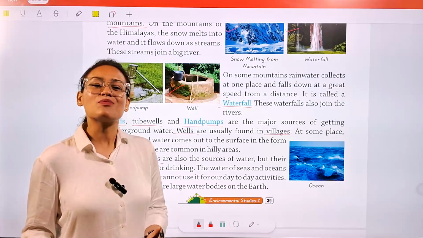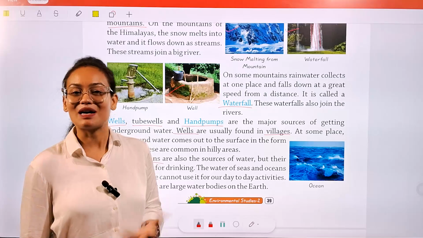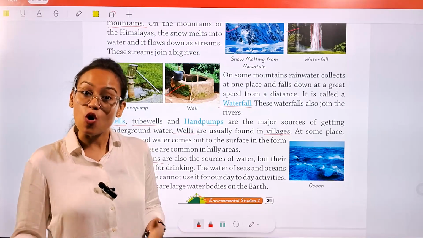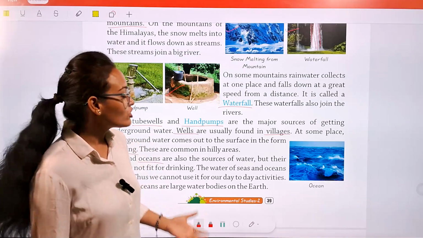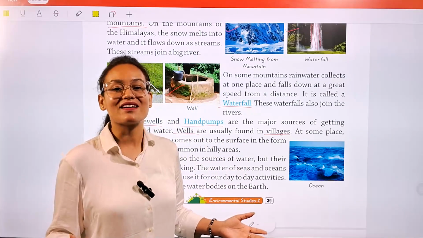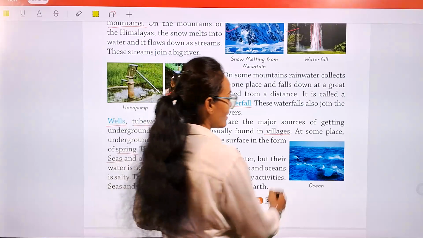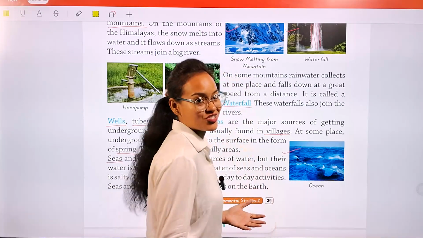आप सॉल्टी पानी पी सकते हो? नहीं पी सकते ना। आपको प्यास लगी और आपको कोई सॉल्टी पानी पीने के लिए देते, आपकी प्यास बुझेगी नहीं ना, आपको और गुस्सा आएगा इवन। ठीक है, तो देखो जो ओशन वाटर होता है, सी वाटर होता है, इसका पानी पीने लायक नहीं होता है। क्यों? क्योंकि इसमें सॉल्ट की क्वांटिटीज होती हैं। ओके, here you can see the picture of an ocean.